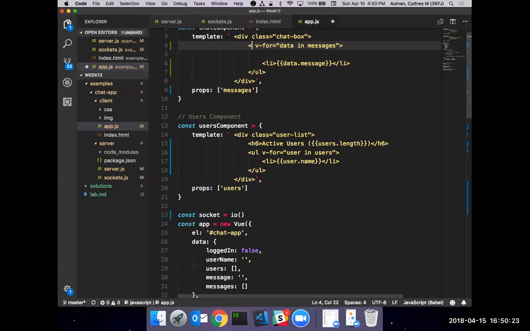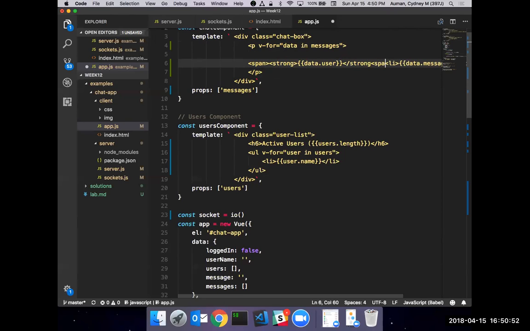So let's make this a paragraph tag instead. And then we'll actually do strong. Sorry, I'm just HTMLing right now. And then this is going to be data.user. Strong.